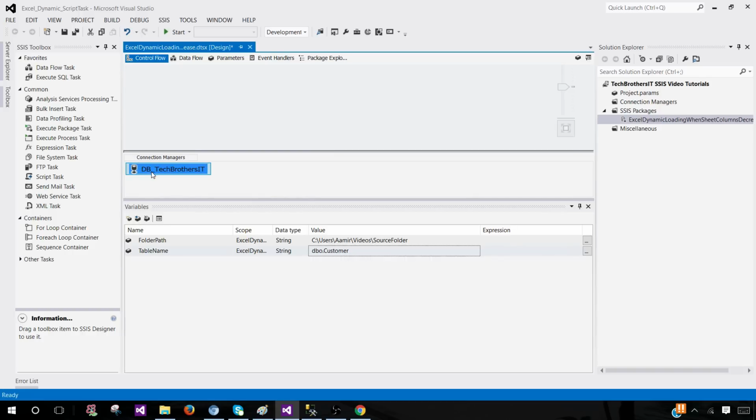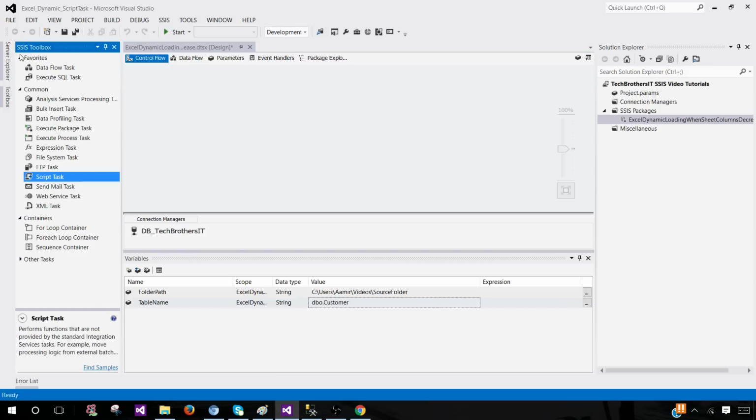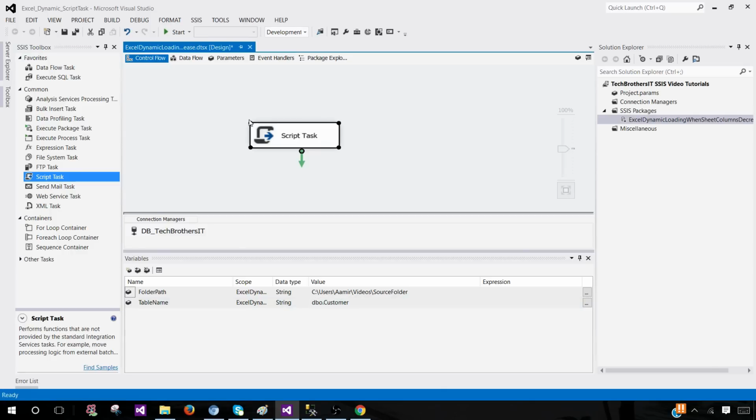Okay, so now it is more reasonable. You can also put DB connection or whatever. So that tells you, okay, this is the connection manager. That's it for now. Here we are done with this part. Now we are going to bring a script task. So let's go to the SSIS toolbox and bring the script task right here. Next part will be mapping these variables. So we have folder path, we have table name,